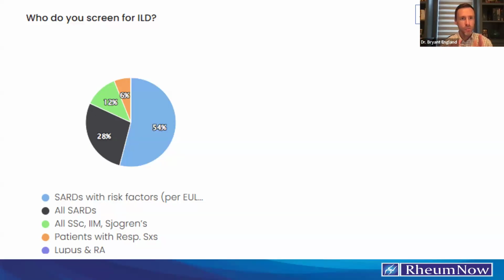If you have an RA patient, you make the diagnosis of RA, that's time zero. That's different than a scleroderma patient at time zero, right? We think of these prevalence estimates so often, and we take those from studies where they have long periods of follow-up, and we find that, over the total duration of disease, 10 to 15% of RA patients will develop clinically significant ILD. And so then we think, well, RA, 10 to 15%. That's not at time zero. The average time for an RA person to develop interstitial lung disease is about 7 to 8 years into the disease course. So we have to remember it's very different, the lifetime prevalence of a disease versus at diagnosis.